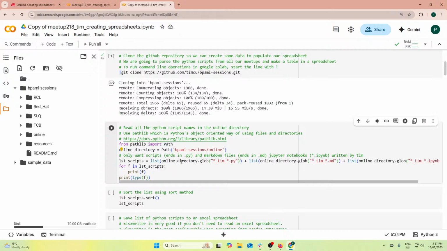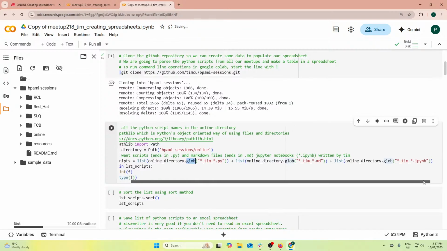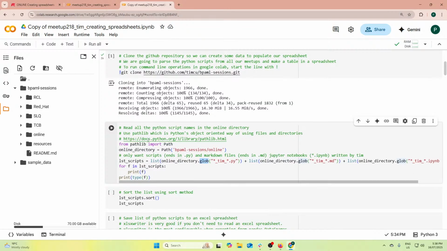So we're going to use this method on our online directory object that we've created, that finds all the ones with a Tim in them and that end in .py, all the ones with a Tim in them that end in .md, and all the ones with a Tim in them that end in .ipynb. I will store these in a list, which I've called lst scripts, and then we'll just do a loop through those